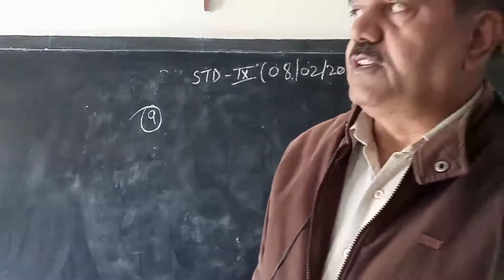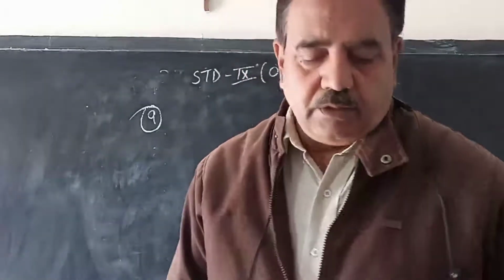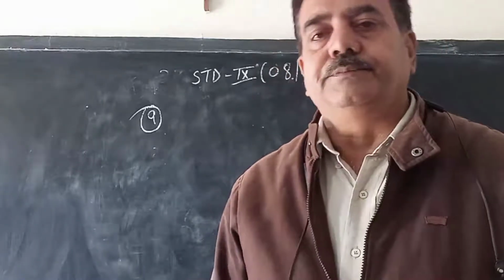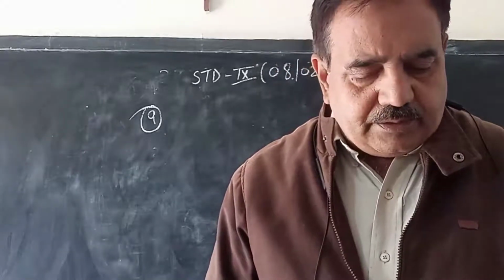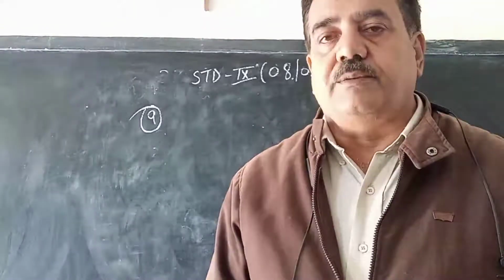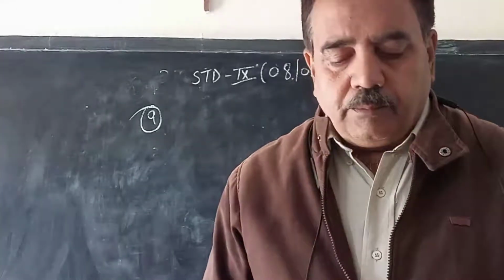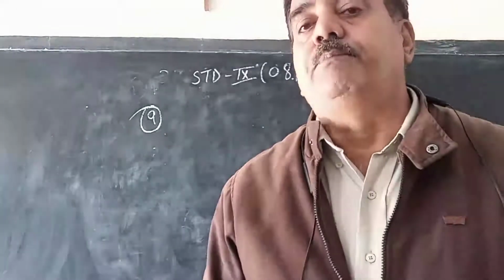Right? So for this you have to check the units, because time is given in seconds that you have to convert into hours, and the diameter of the wheel is given in centimeters, that also you have to convert into kilometers, because the answer is asked in kilometer per hour.